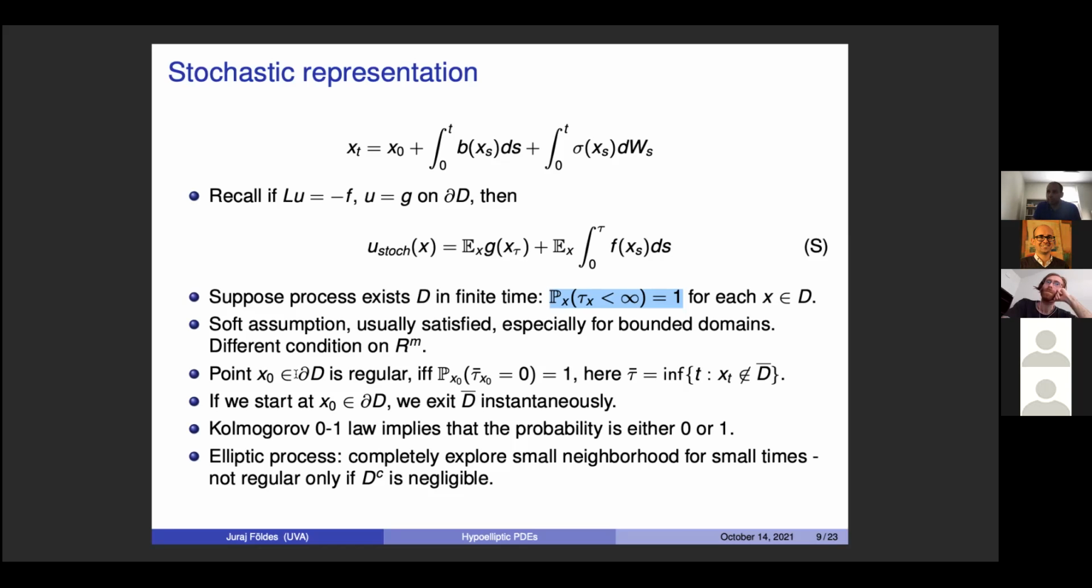And what turns out to be true, which already was known to Wiener, is that the question of regularity of boundary points doesn't really matter whether it's elliptic or hypoelliptic or anything like that. The boundary point is regular if and only if this state